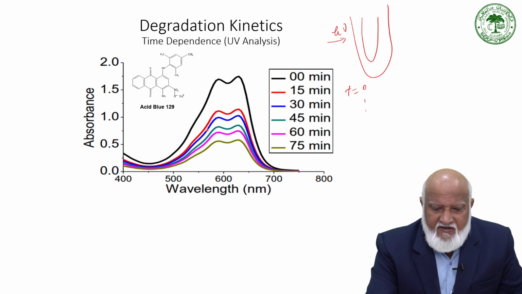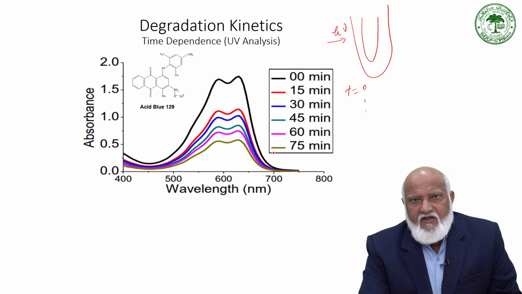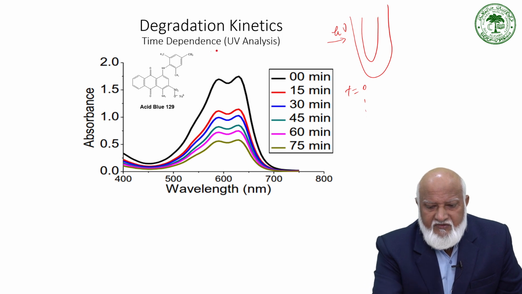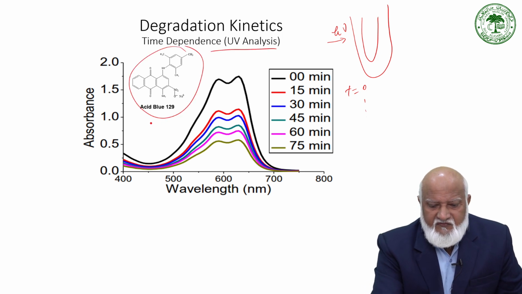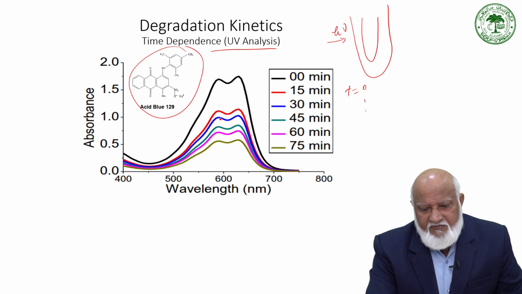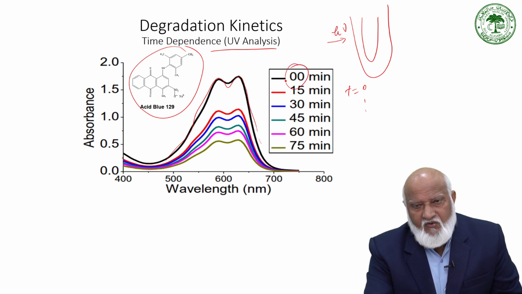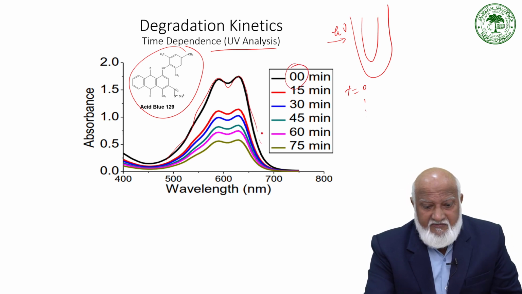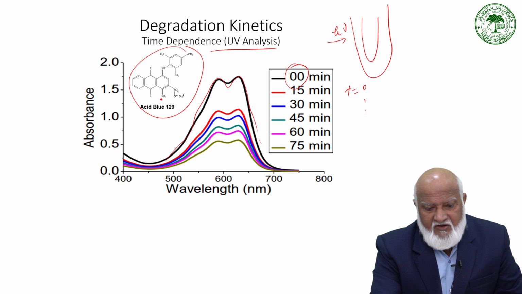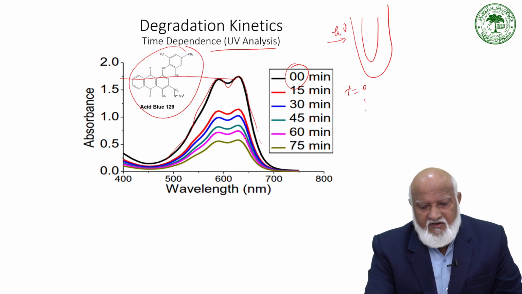And we have monitored the reaction using a UV spectrophotometer. This is the degradation of this particular dye in the presence of light, and this is the UV spectrum at time 0. You can see that the absorbance at the lambda maximum is quite good. It is 1.5,